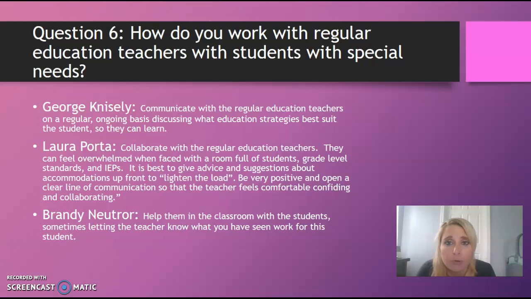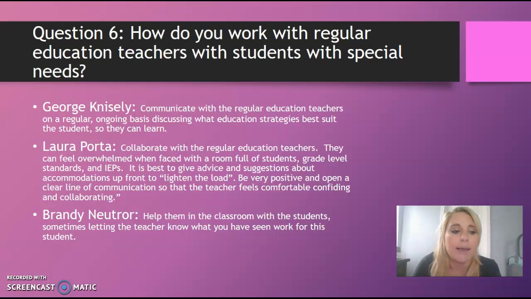And I think in 4th grade, she does a really good job of that. If I ever have any questions about any students that I have for that inclusion guided math block, she's always available. And she really does support that open line of communication for the success of the kids.